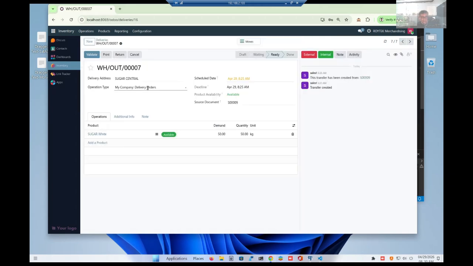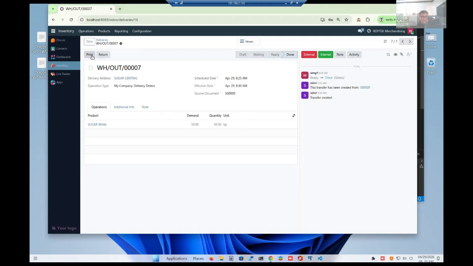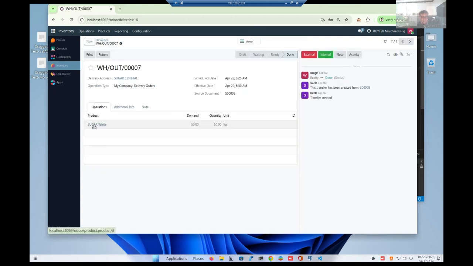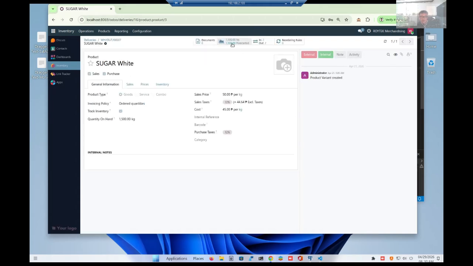So this goes out again in the menu of the warehouse manager. You can validate, and then if you take a look, this is already deducted. So we now have an on hand less 1/2 sack.